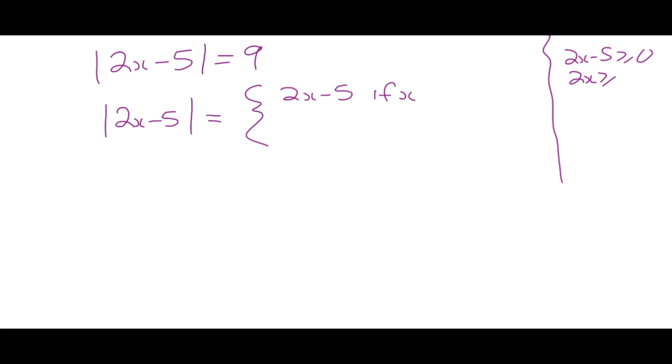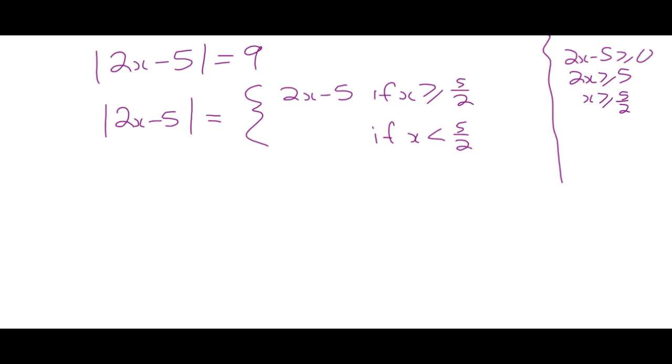That'll happen if 2x is greater than or equal to 5, or if x is greater than or equal to 5 halves. So anytime that x is greater than or equal to 5 halves, 2x minus 5 is going to be positive. You could try it. So this is like 2.5. If you throw a 3 in there, 2 times 3 is 6, minus 5 is 1, that's positive. You throw a 5 halves in there, 2 times 5 halves is 5, minus 5 is 0. But 0, although being the Switzerland of numbers, neither positive nor negative, we're just going to include it with this guy. So if x is greater than or equal to 5 halves, leave it alone. It's going to output a positive number, the function 2x minus 5. But if x is less than 5 halves,